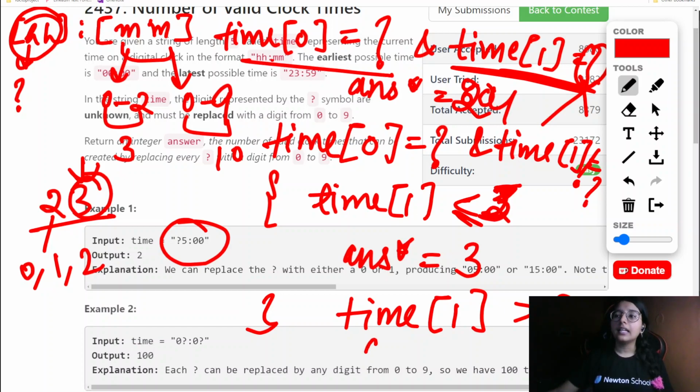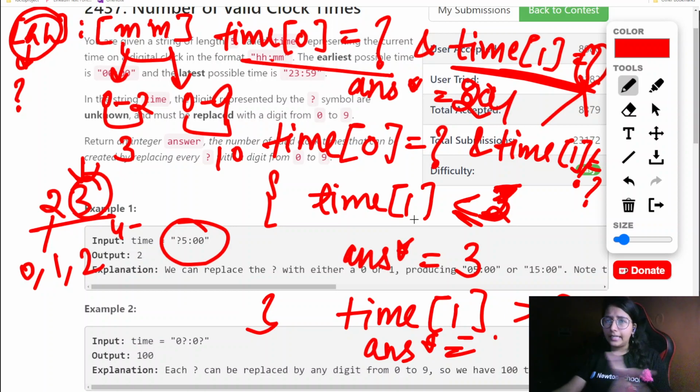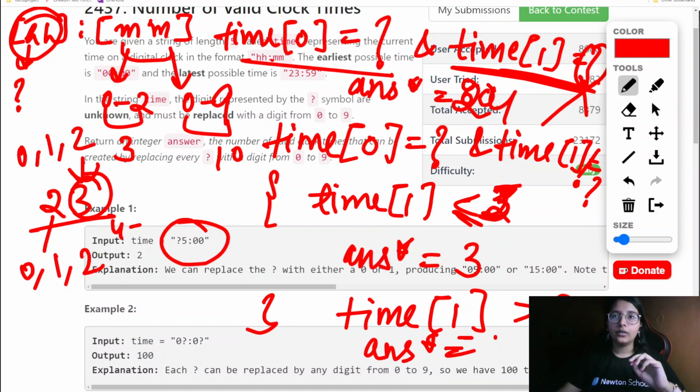But if the time of 1 is greater than or equal to 3, then in that context, we will be multiplying with, because it is greater than 3, right? So we can go till any number, right? So in that criteria, 0 to 2 only there, 0, 1 and 2, right? So that will be still 23, but we can't go for, yeah, in other context, I am confused now. So in this other criteria, the thing would be that,